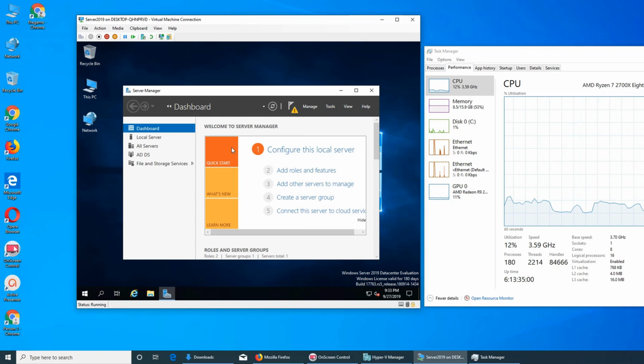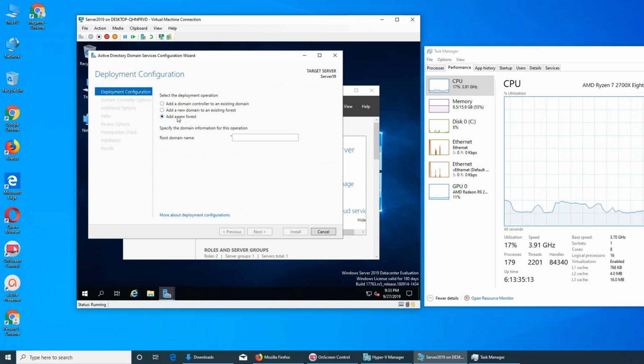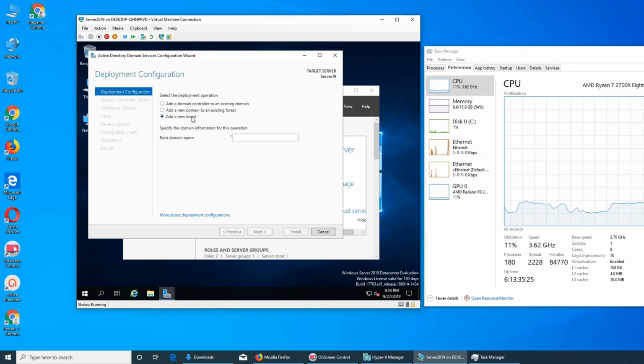Let's promote this server to a domain controller. Add a new forest, add a new, okay, root domain name. Add a new domain to an existing forest. We don't have an existing domain. We do not have a forest. Okay. Domain name, I don't know if I can use any name or it has to be